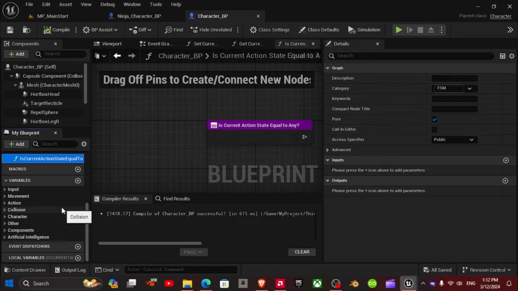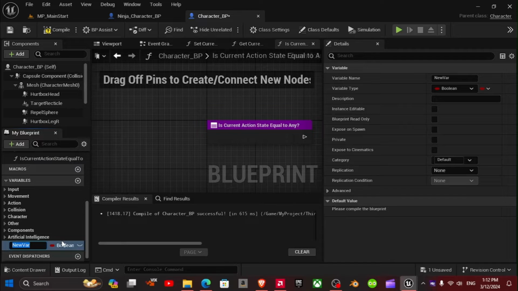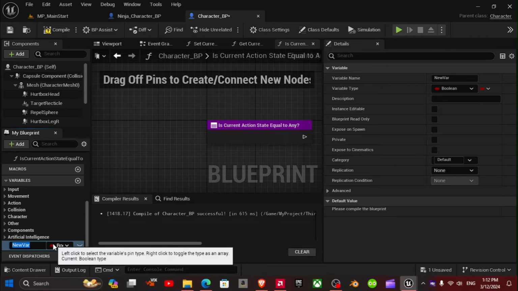And the next thing I'm going to do is add a new variable, and we'll call this current action state.